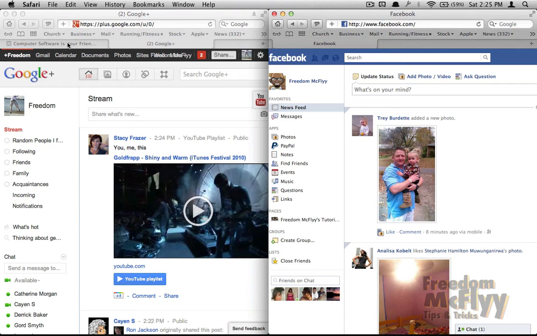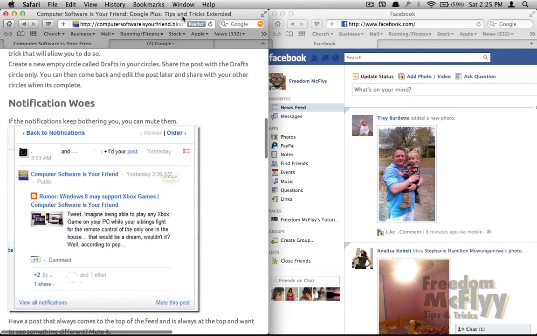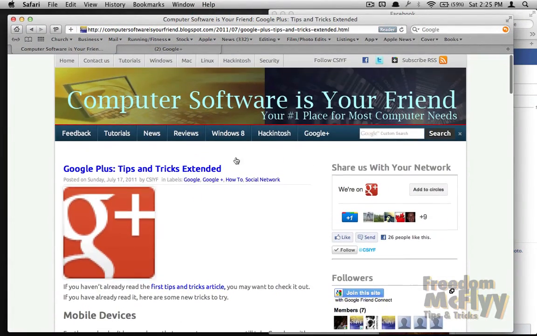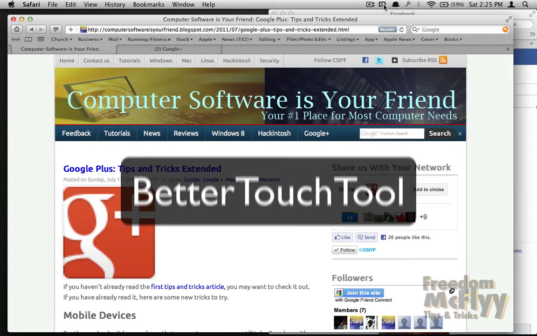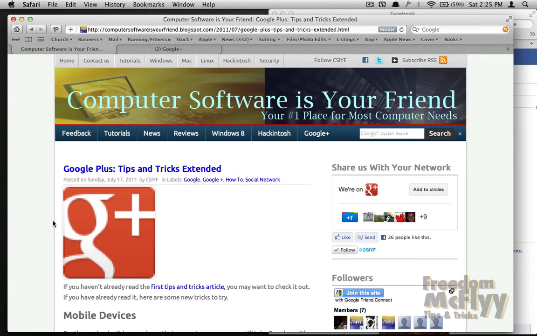Also, before I let you go here, I met a guy on Google Plus yesterday and we were talking. Let me make his page pretty big here. Take the snapping off, and you can do that, the snapping tool, right here with the Better Touch tool. If you open up Better Touch, when you first open it up, it wants to default itself to doing the page snap. So it's really cool. I love it. There's a lot of times I'm doing work and I'm transferring information from here to there, or I need to look at something else as a point of reference. It helps me out a lot.